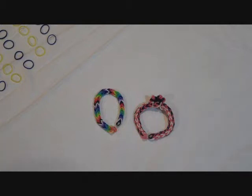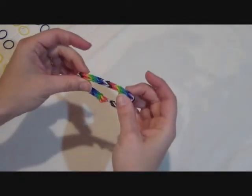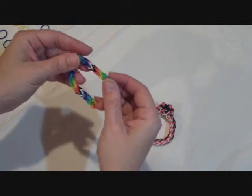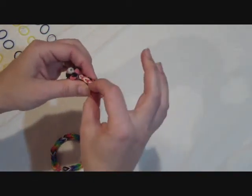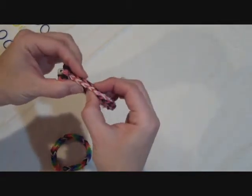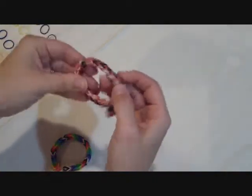Today I'm going to show you how to make the double fishtail or the double cross bracelet. This is a single one. You just make that with one set of bands. This is the double. As you can see, it's one direction going this way, the white and pink, and the black and pink going the other direction. It's sturdier, it's heavier,